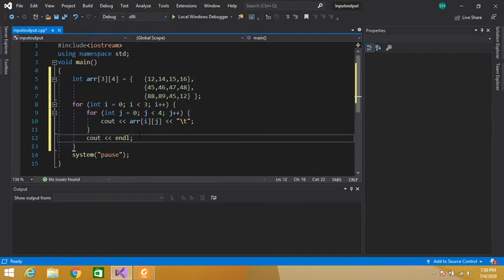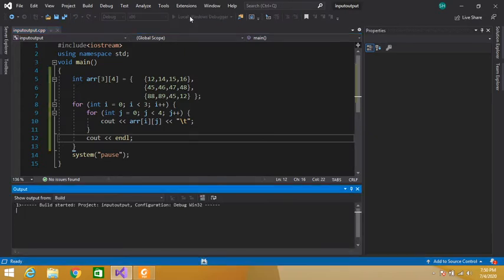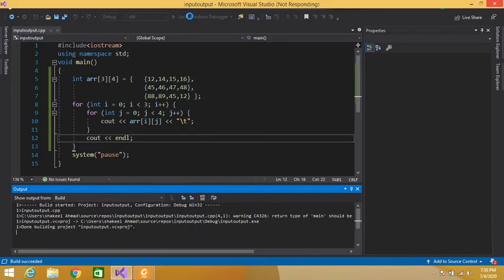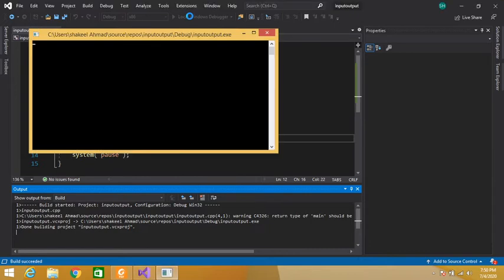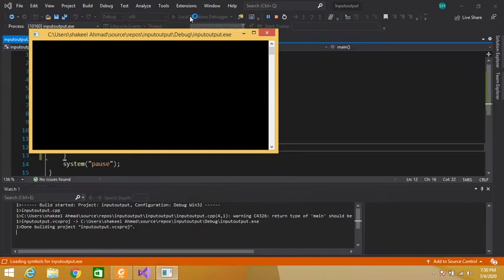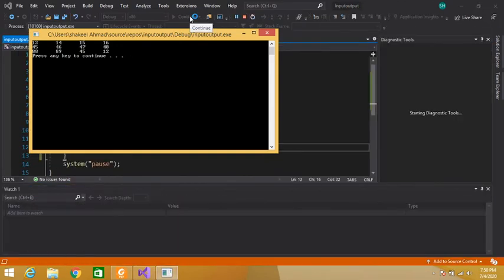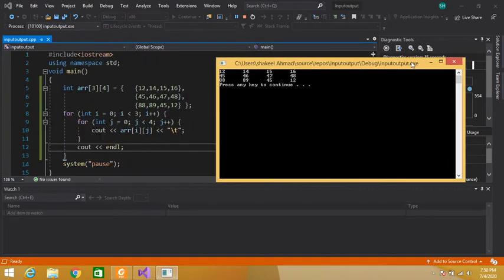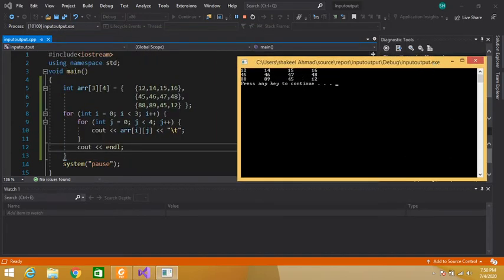So guys, let's execute this program to check whether it's working fine or not. So we have printed our array successfully, 3 rows and 4 columns. So guys, in this way we can initialize our array and print the values of the array.